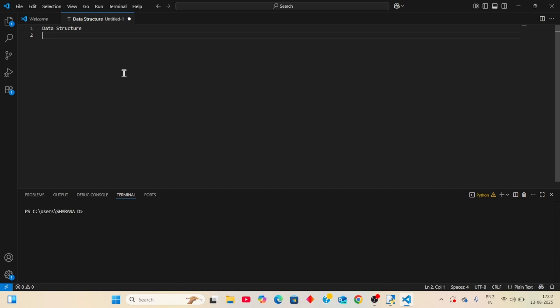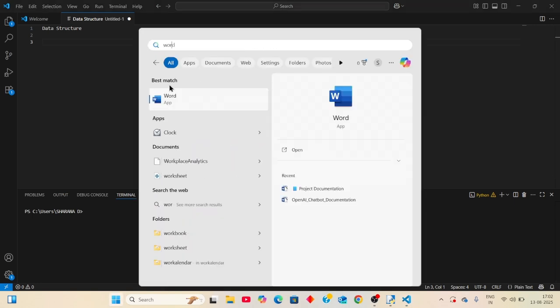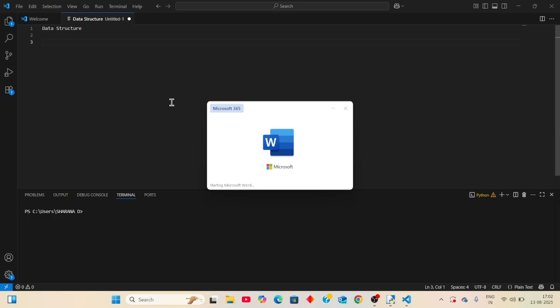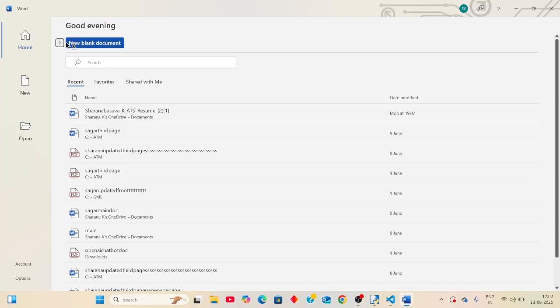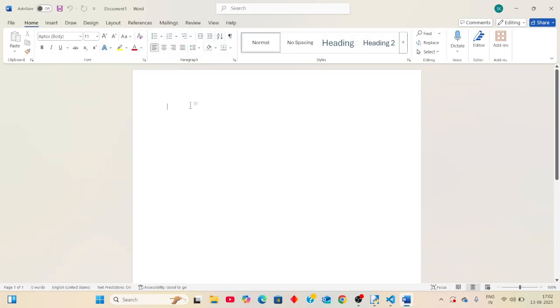Now there are two types in data structure. I want to show this clearly. There are two types. One is built-in data structure.